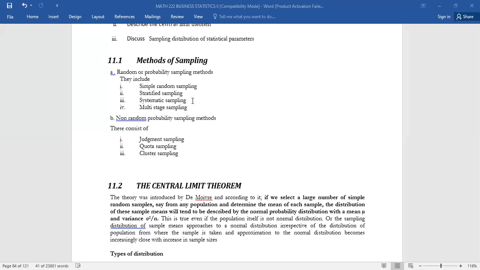And when we come to the cluster, the multi-stage I've said is similar to the stratified, but we are now putting them into geographical locations. In cluster sampling, it is more or less the same, because we take the geographical regions, and then from the geographical regions, we can talk of single households. For example, if you are to do